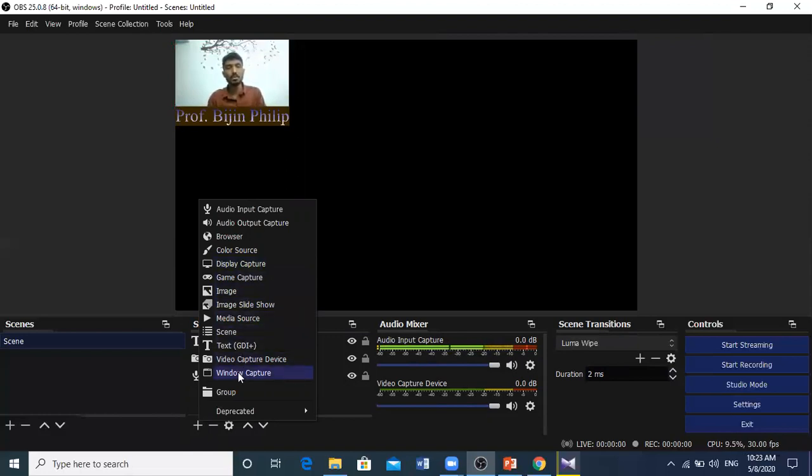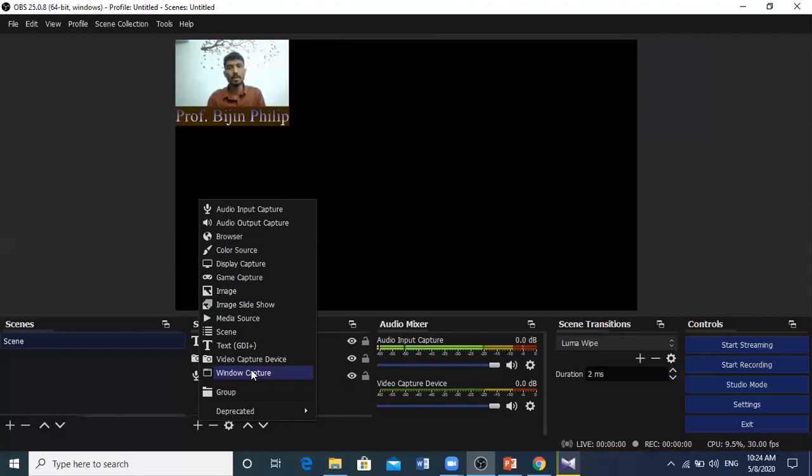Dear participants, you should be clear about the difference between display capture and Windows Capture functionality, and how display capture is different from Windows Capture. Display capture means whatever is displaying on the display, it will record. For example, in your system you may have opened folders, the Google Chrome browser, a Zoom meeting, or different applications. Whatever is displaying on your display, it will record.